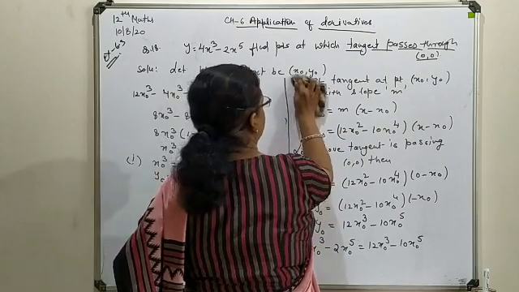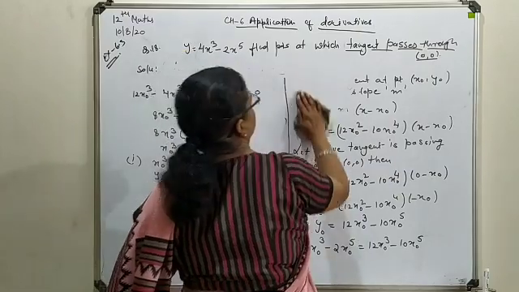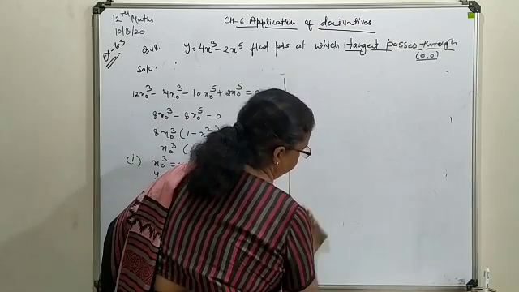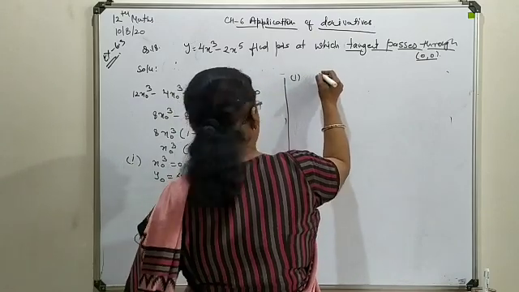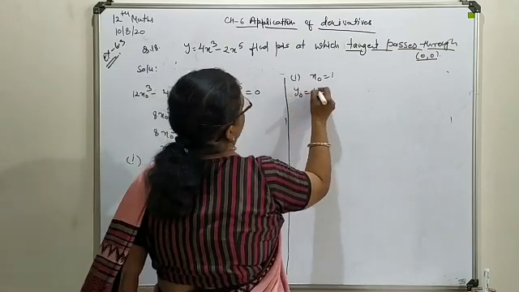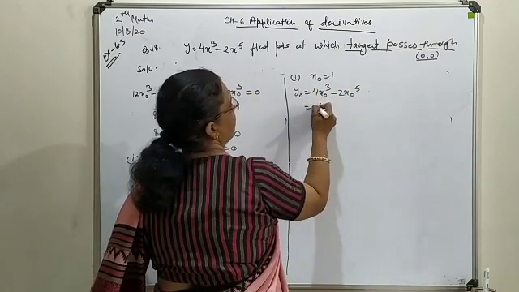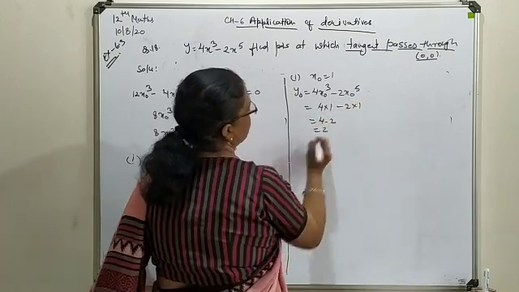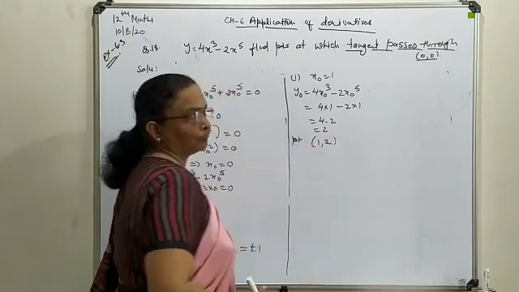So let's discuss further the y solution for these two evaluated values of x. So here the first one is based on x is equal to plus 1. So the equation of curve, it was y0 equals 4x0 cube minus 2x0 plus 5. Substitute 1 here. So this will be 1 into 4 minus 2 into 1. So 4 minus 2 means 2 you will have. So one more point we have evaluated as 1 and 2.